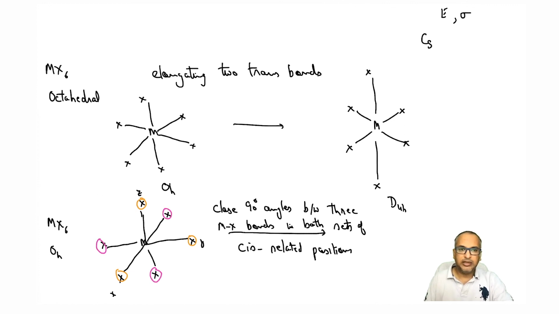Now if you notice that the angle between x-axis, y-axis and z-axis is 90, 90, 90, right? So now they are saying that close that angle. So it's like an umbrella which is opening up, and then you're closing down x, y and z axis to an angle less than 90 degrees. So x, y, z are no longer perpendicular to each other. They form like a cone, right? So if I'm looking from the top, it looks something like this, something like a star. That's how octahedral in general would look like.